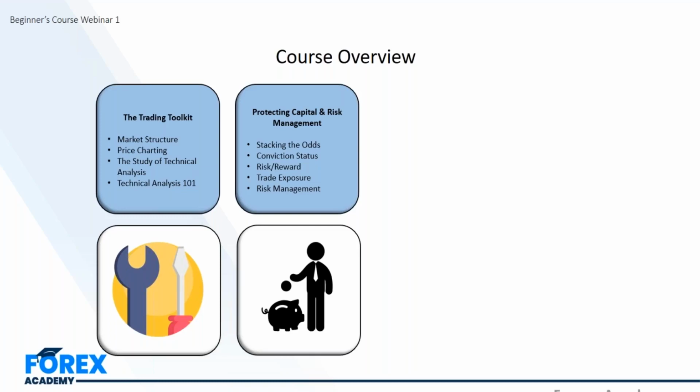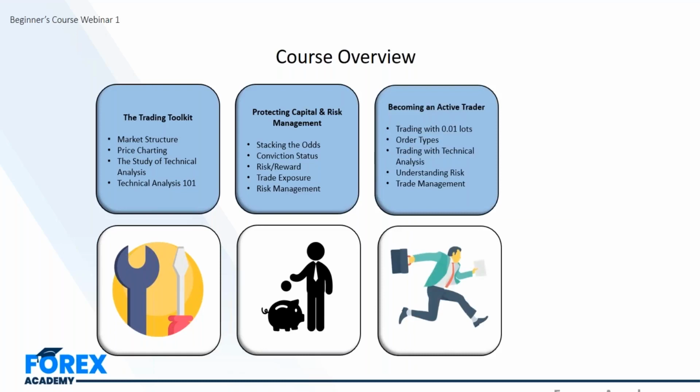On to the 7th webinar, we'll be looking at becoming an active trader, just taking a step into actually practically trading and advising different assets of risk. How do we trade with micro lots, mini lots, or 0.1 lots, and what do they mean? We'll be looking at different order types and trading with technical analysis with those order types. We'll be having a bit of a deeper discussion about the understanding of risk with risk on and risk off assets, and then effectively